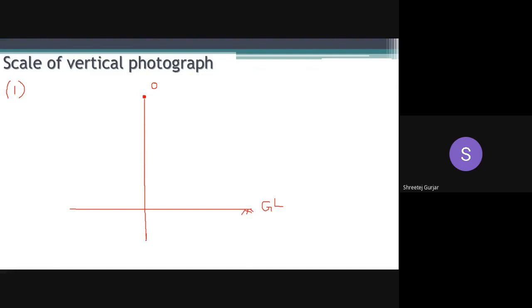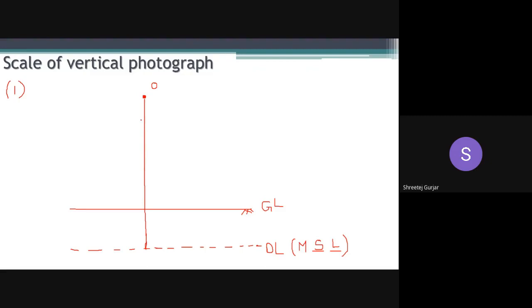we can assume any datum, right? We can assume a datum line like this, right? Usually the datum line, I will write it as DL, datum line. Any datum, which is the common datum line that we will use, right? It starts with M. What is the usual datum line that we use? Mean sea level. Right, very good. So mean sea level is usually the datum line that we use. It may not be the case in every survey project, but usually we go for mean sea level as the reference or the datum line.